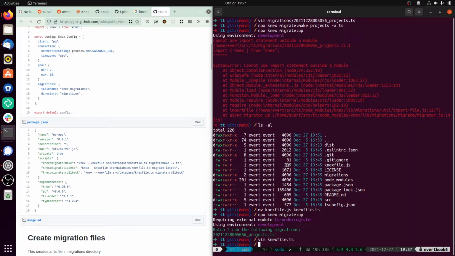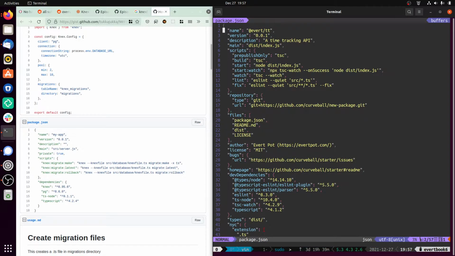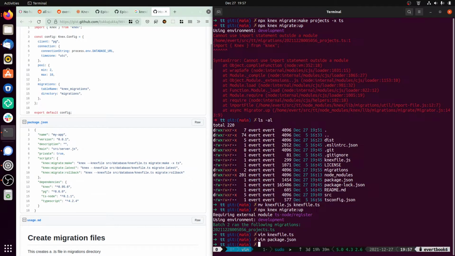Okay, I have an idea, and it is indeed to do something like this. Instead of using the MPX directly, I'm going to add some scripts to my package, and I'm going to have it directly refer to this connects file in my source. Okay, so here's the main issue. I have a connects file here, .ts,